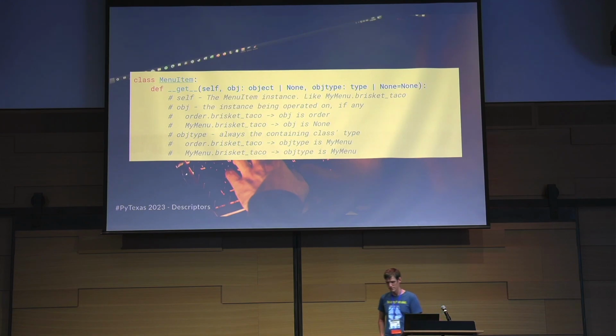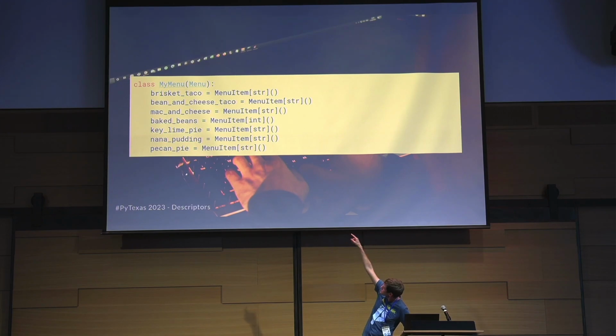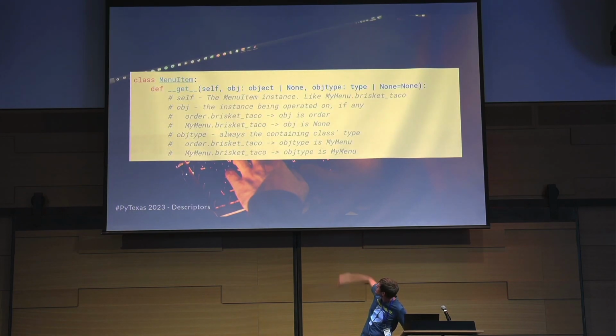Descriptors come in three little magic methods. The first is __get__. The second is __set__, which I'm not even going to show. And it looks like this. You take the instance, which on this slide was the menu item instance that is brisket taco. It's that class attribute. The second thing is either going to be the instance being operated on, in this case my order, or if you're accessing it on the class, then it's None, and then you get the class always unconditionally. For some reason the default is None. That's what the Python docs say. Don't ask me why. This is the other half of that handshake of how do you get my attributes? Certain things get to say, well, how do you get me?